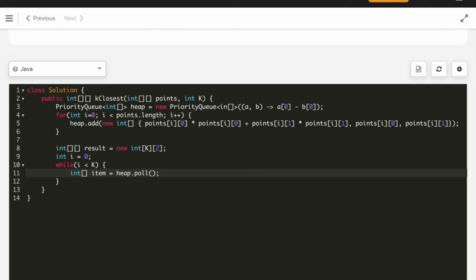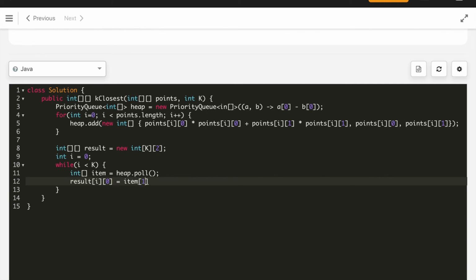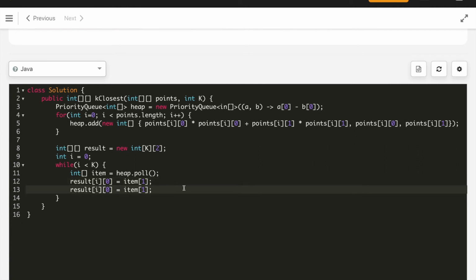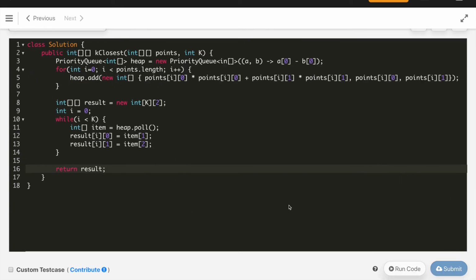After that we will add to the result array: result[i][0] equals item[1], because in the first coordinate here we place the x coordinate of that point. Similarly the y coordinate at index 1, and here it is index 2. After that we have to return the result.